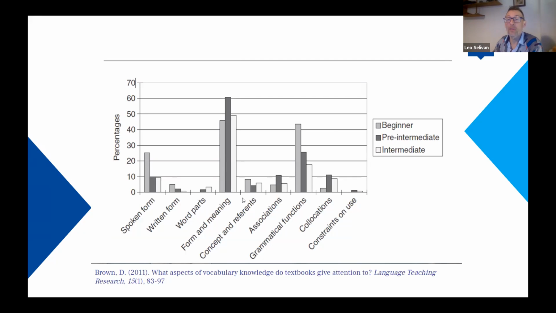word knowledge. So as you see, this analysis of different course books at different levels shows that none of them really provide this sustained focus, sustained practice of other aspects of word knowledge, such as concept and reference, such as association, such as grammatical functions, such as collocations, which in my view is the most important component of language knowledge, but tend to focus specifically